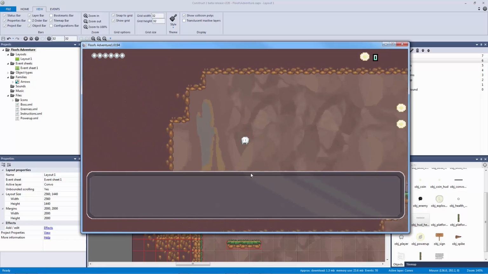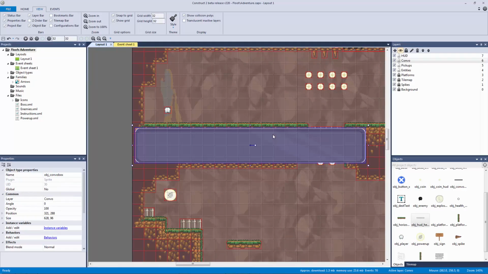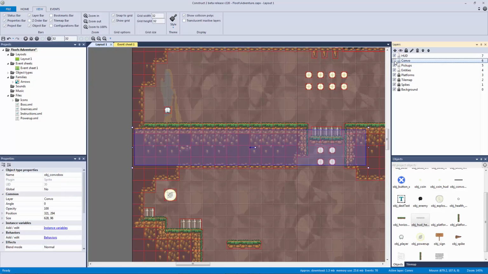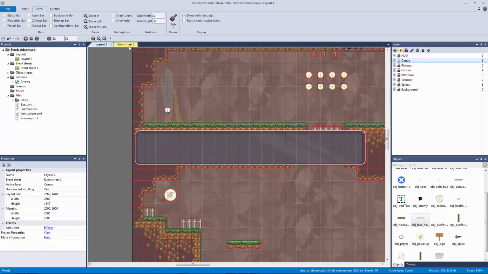Now, what we want to do is, and this is going to be true for all of our menu systems that we create, we want to actually have this turn on and off. So we're just going to set this to active and not active, which is something that you can do with the layers. So to start, what we're going to do is we're going to go to our event sheet, and